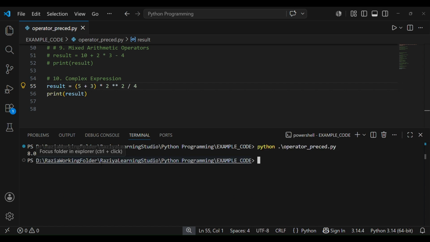So here it is 8. What did it do? First it went by precedence, parentheses, 5 plus 3, 5, 6, 7, 8, right? And then it will go to exponents, correct? 2 raised to 2. Then after that it will go to PEMD, right? So left to right is multiplication. It will do multiplication. As we go, one value will come down.